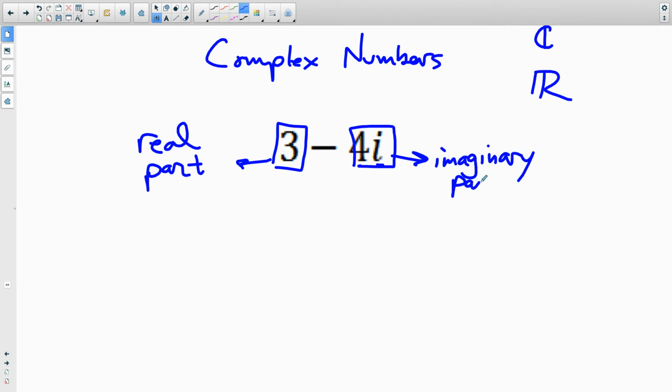Now, like I said before, every number can be expressed as a complex number. Even the number 2 is a complex number. It just has 0 as its imaginary part. And the same idea, if you have 4i, this is a complex number. It is 0 plus 4i. So we can add that 0 part for the missing piece in this number. But a lot of our complex numbers are written like so,